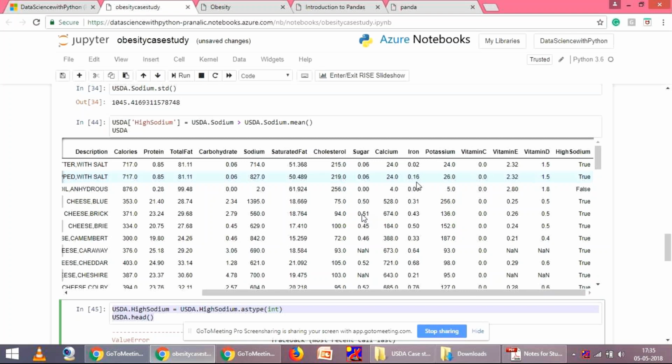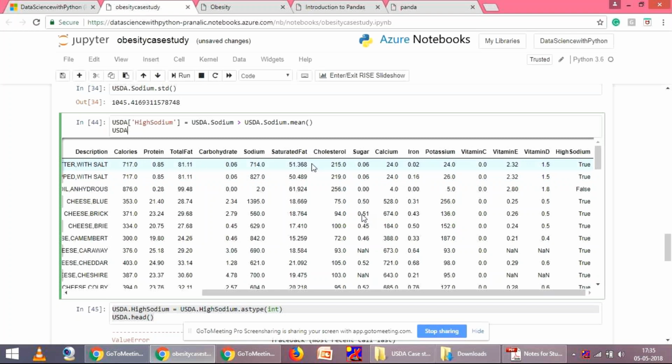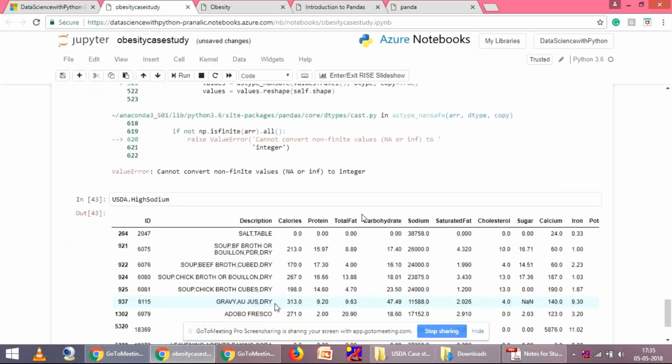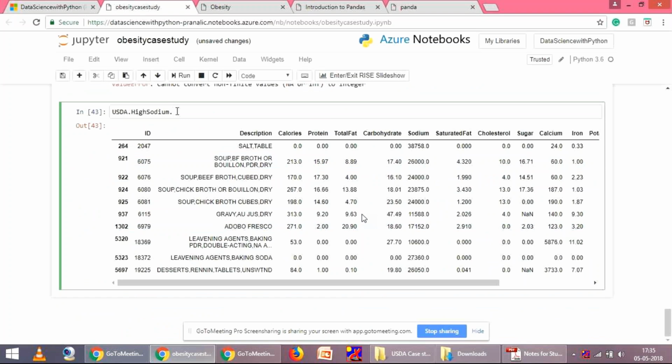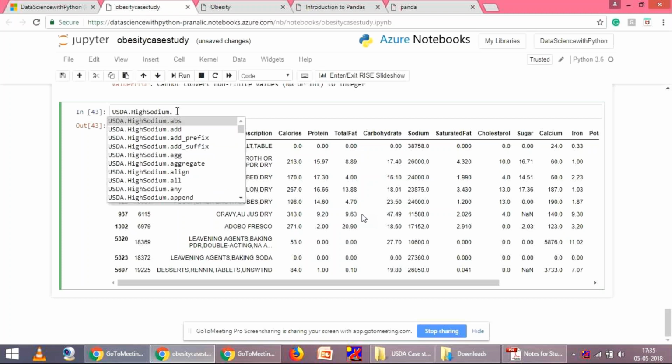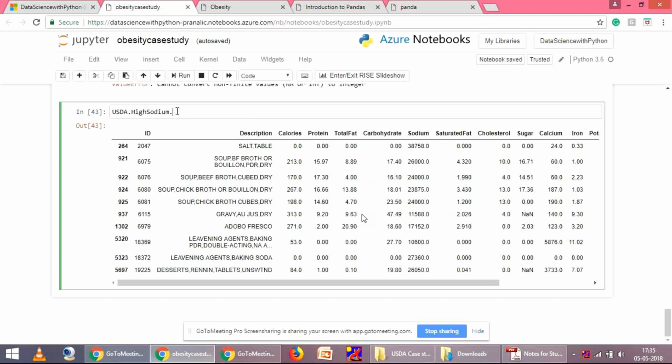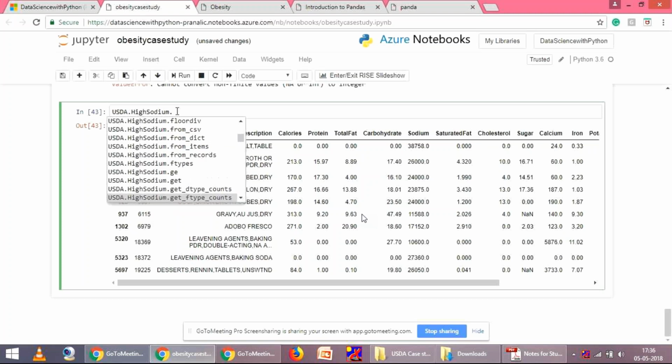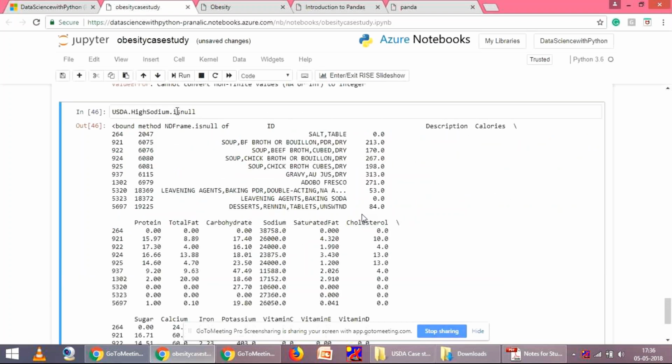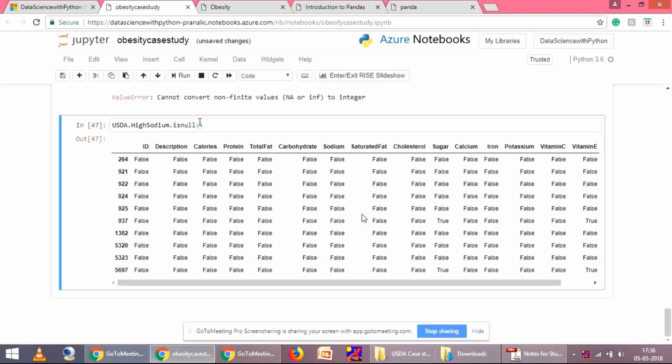प्रणाली, एक बार USD dot high sodium करो और is null करो उस पे। ठीक है। ओके, ये पूरे पे क्यों आ रहा है आपका? पता नहीं, सिर्फ high sodium पे आना चाहिए ना। प्रणाली, एक बार सिर्फ USD dot high sodium प्रिंट करना।